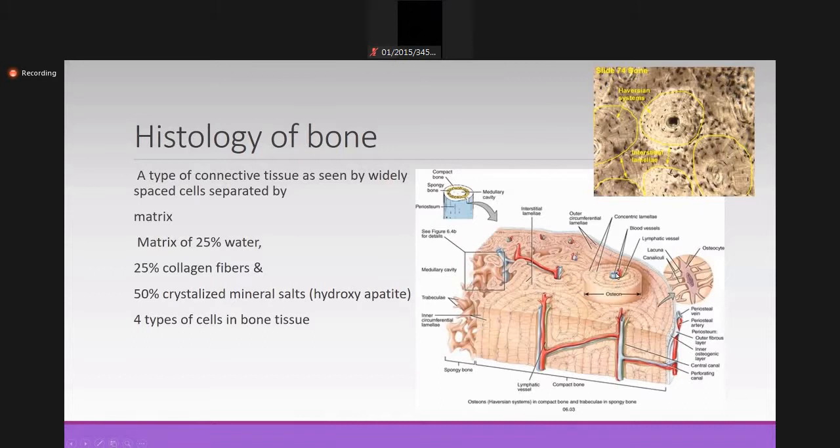Now, if you see this concentric arrangement of the osteocytes around this canal where we have the blood vessels, it has a number of osteocytes. These are the osteocytes. Each osteocyte resides within a lacuna, and the external processes that arise from these osteocytes are known as the canaliculi. So coming to this diagram, you see a number of osteocytes being connected to each other via the canaliculi.